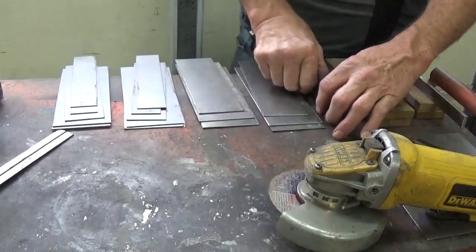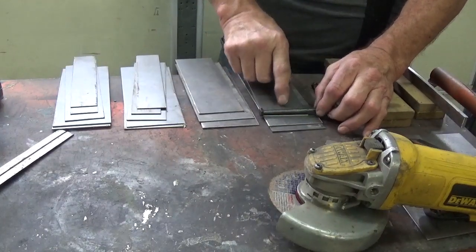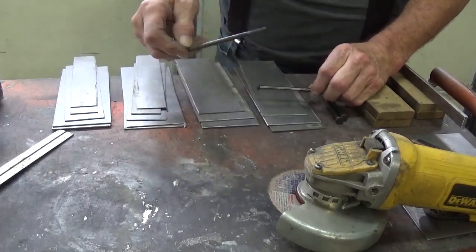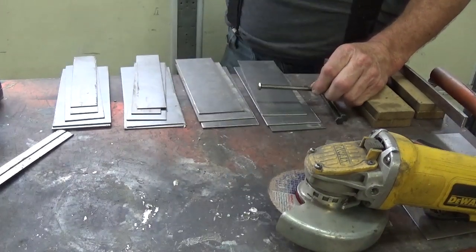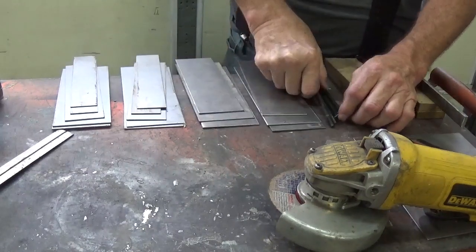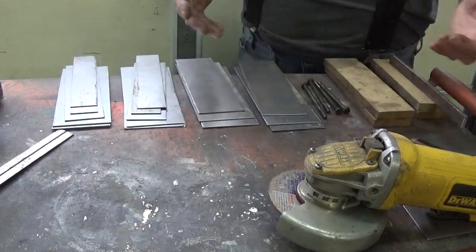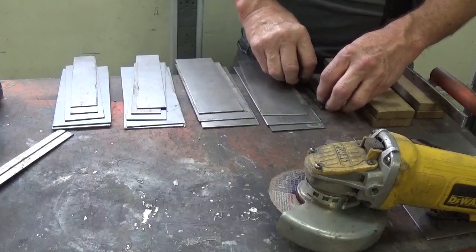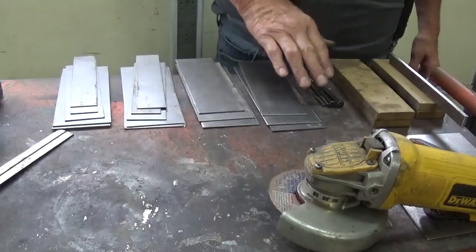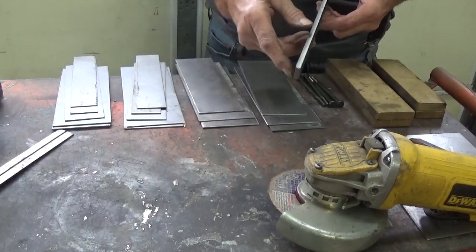And then with that you need rod. You need enough rod to go across this piece twice, because you go here and you go on the bottom. All right, so I have those pieces. They're actually number 5 bolts. But it doesn't matter, because believe it or not, bolts are cheaper than rod for some reason where I buy stuff. So I have the bolts for that, and then this is the machined piece here that goes on the